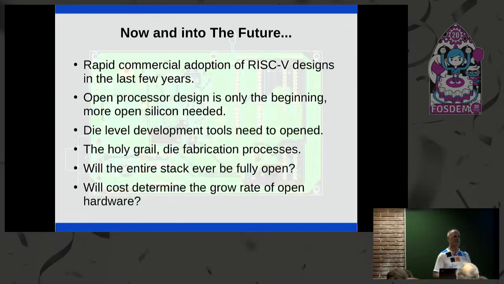There's going to be resistance, just like there was resistance to open source software when it was developed. So the only thing that's left is whether the cost will determine the rate of open hardware. If you think about 1980 as the first open source software license, that was 40 years ago, and we're there. It's only been 9 years since we've had a true open hardware license. Where will we be 30 years from now in the same time frame? Will the entire stack be open?